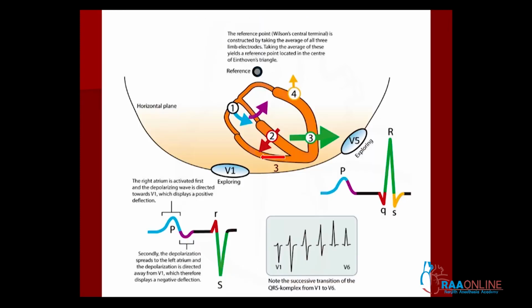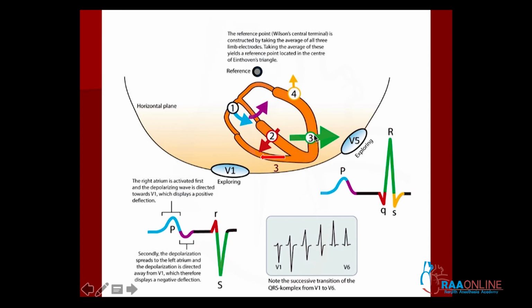which is due to the septal depolarization going towards the right side. Now you can look at a diagram where you can see the septal activation. The first activation is the P wave, atrial activation, then AV nodal delay. Then the ventricular activation happens from the left side towards the right side. That will produce an initial small R wave in V1, and a small Q wave in V5, V6. Then the net activation, the right ventricular and left ventricular activation.